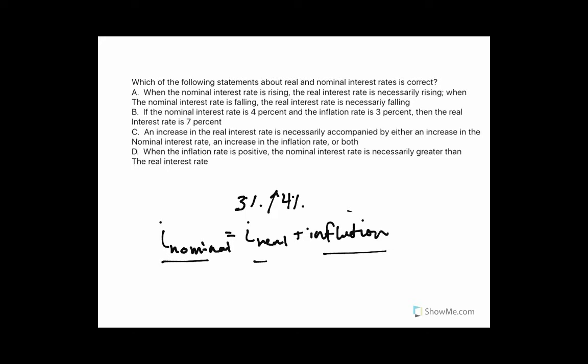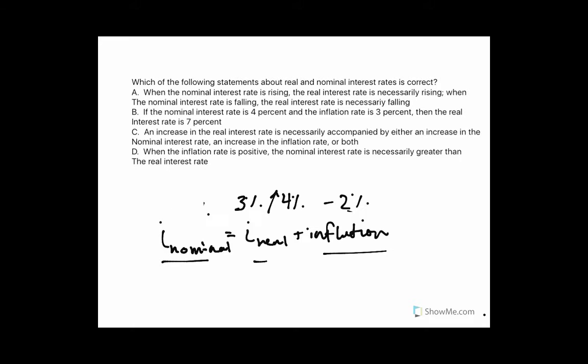So, like I said, if it rose from 3 to 4%, let's say that inflation decreased, or that we had negative inflation, deflation, so let's say like negative 2%, right? Then our nominal interest rate would decrease even though our real interest rate increased, right? Because even though we went from 3 to 4%, because we lost 2% on this, we're going to lose 1% on our nominal interest rate. So just because real goes up doesn't mean that inflation necessarily goes up or nominal necessarily goes up, which means